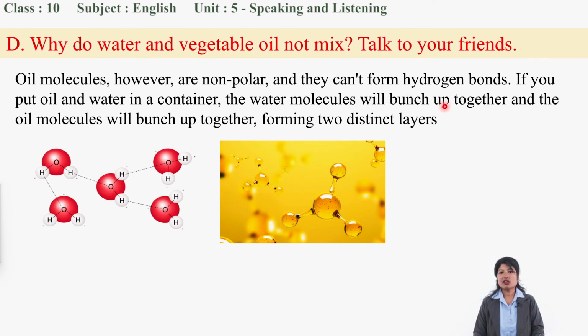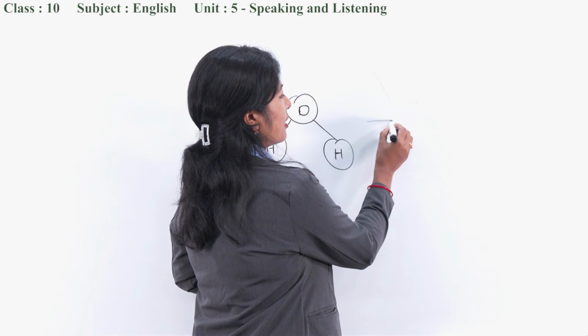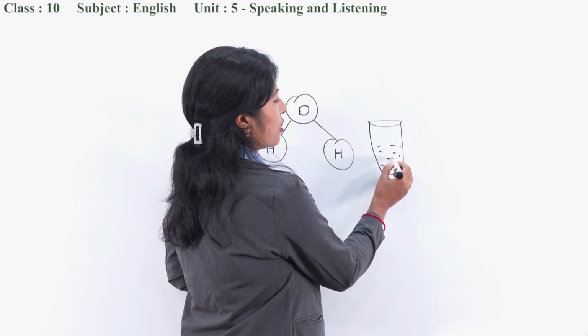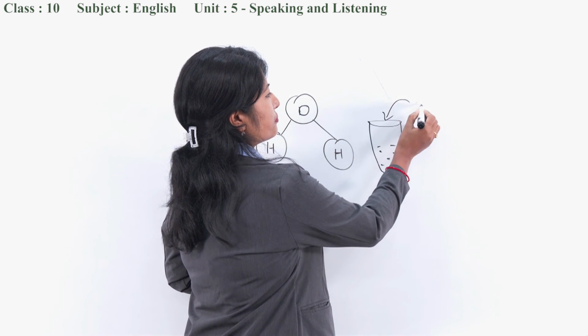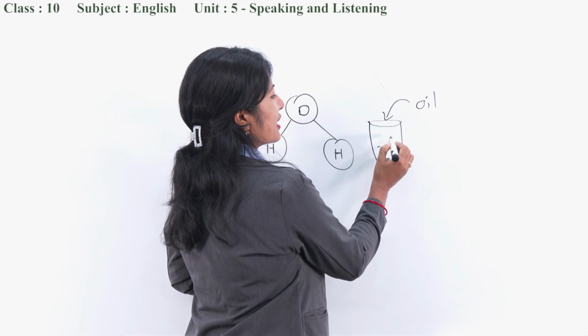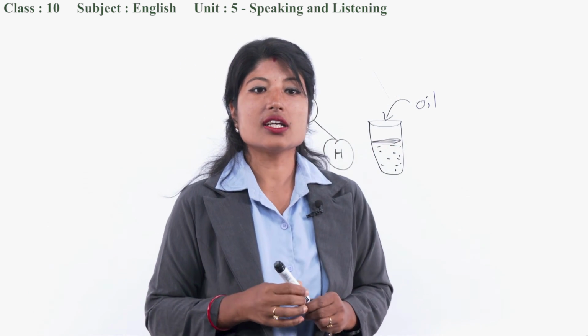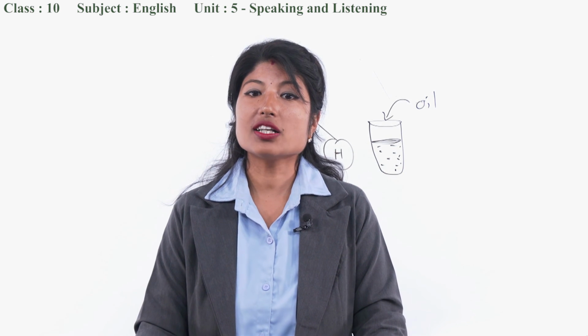That's why they cannot form hydrogen bonds if you put oil and water in a container. So if we take a glass with water and pour some oil on it, it sits on the water, floats on the water